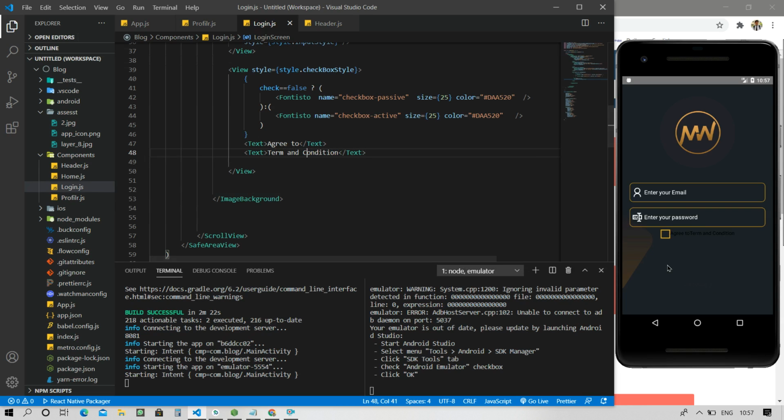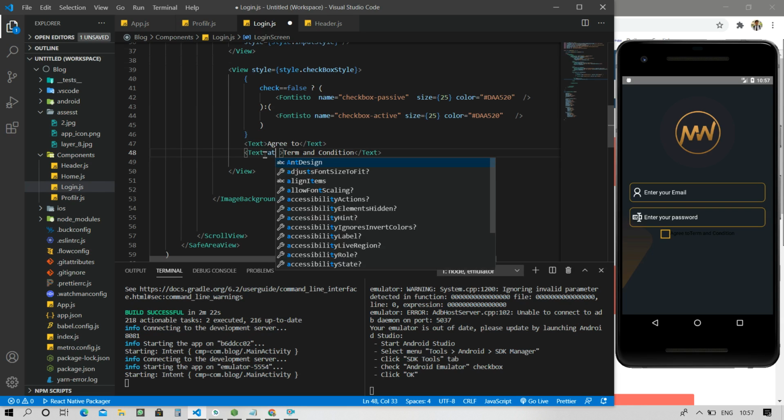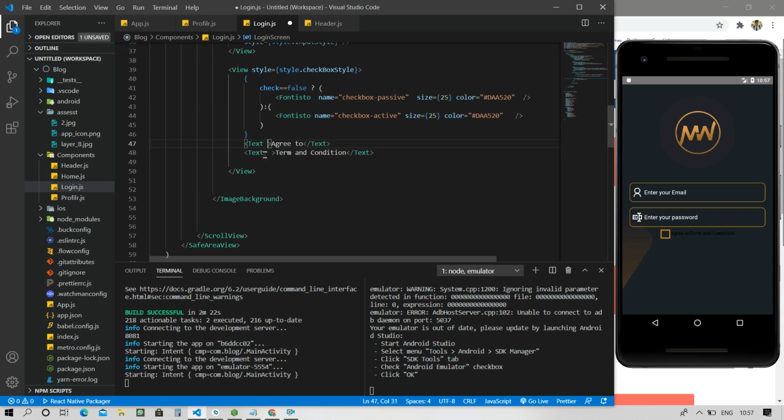You can see that a terms and conditions text is appearing and now you can go here and give a style property. Firstly I am giving a color of white. Control S. So it's appearing white and here I'm giving a property like that, the color is golden, HDAA 520.